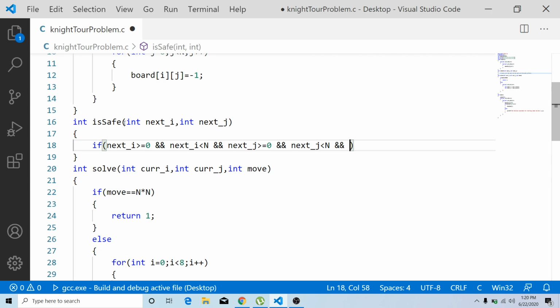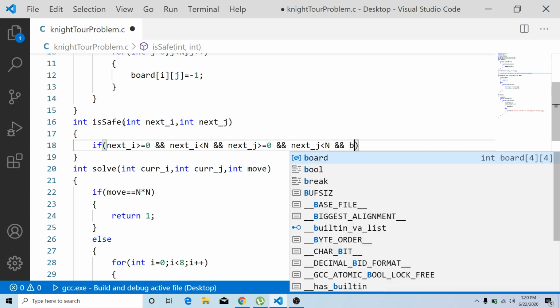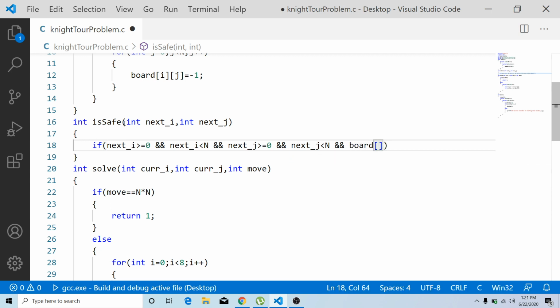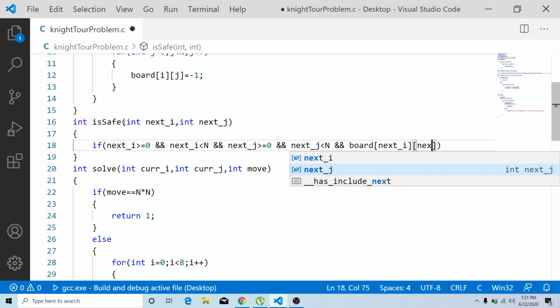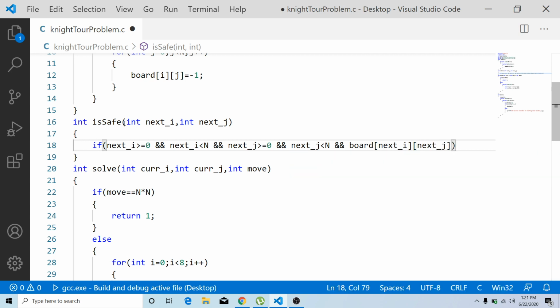That is not the only thing we need to check. Along with that, we also need to check whether the particular cell is already visited or not. How to check that? If that particular cell has the value -1, it is not visited. So you have to check board of next_i and next_j, and if this cell has the value -1, definitely it is not a visited one.